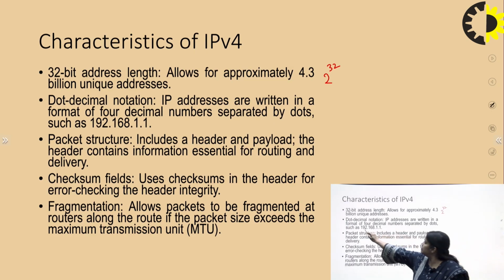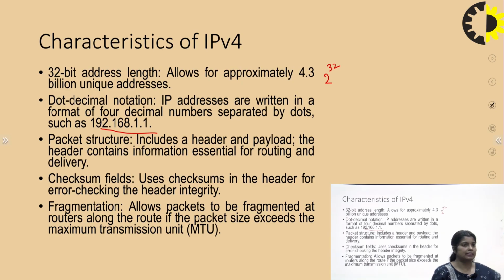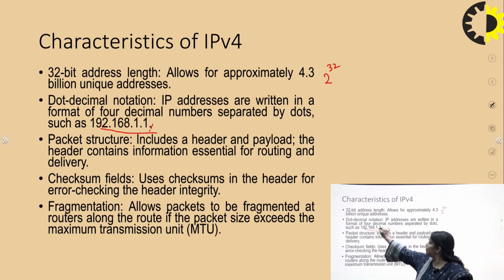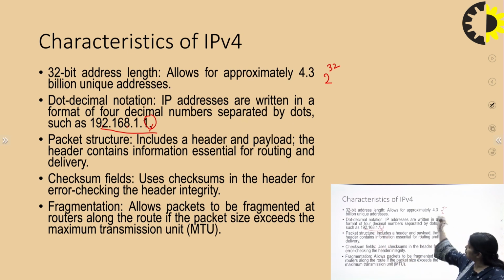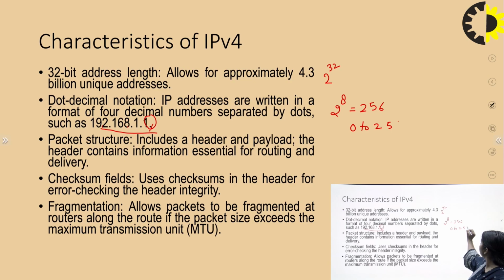And you can see here, this is the dotted decimal notation representation, and these 4 octets represent that there are 8 bits each, 4 into 8. You can say the 4 octets are there, and each octet has 8 bits. So there are 8 into 4 bits. And always remember, one octet contains 8 bits. It means the number of values will be 2 to the power 8, that is 256. So for a single octet, the value should always be in the range of 0 to 255.